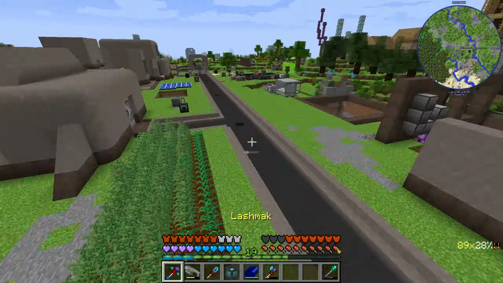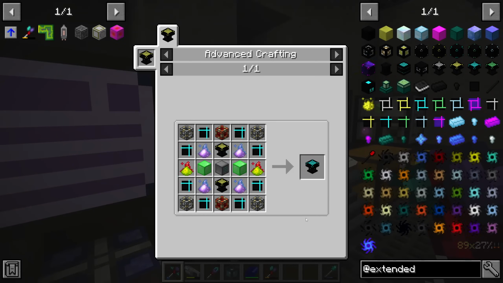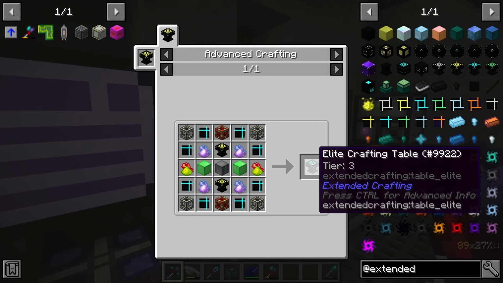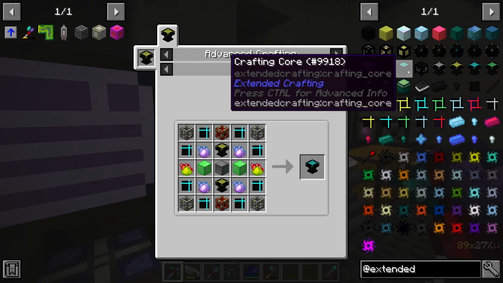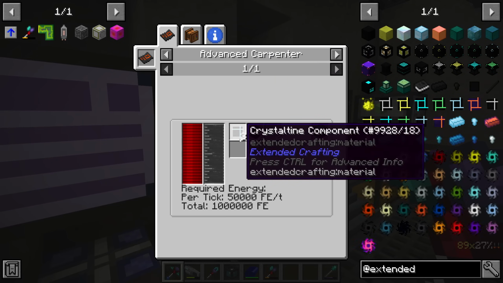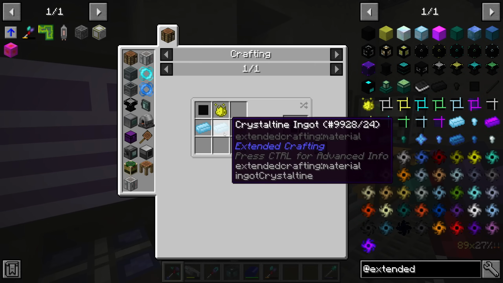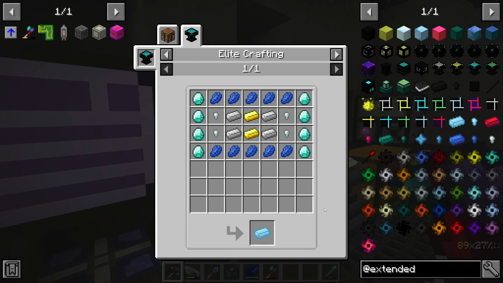How's life? We are going to start today's episode by doing a bit of extended crafting. And basically what we are trying to achieve is to make the elite crafting table. Why? Well, I do really hate the Empowerer, and every recipe that you do in the Empowerer, you can also do in the crafting core, correct? The problem is that you need to have the crystalline component, which requires the crystalline ingot, which, there you go,